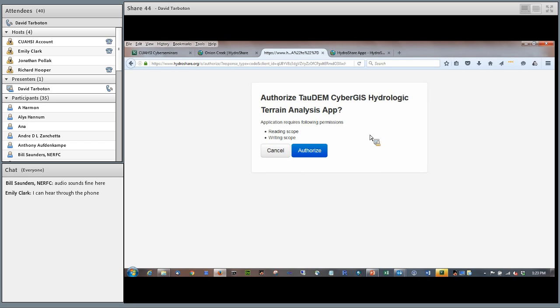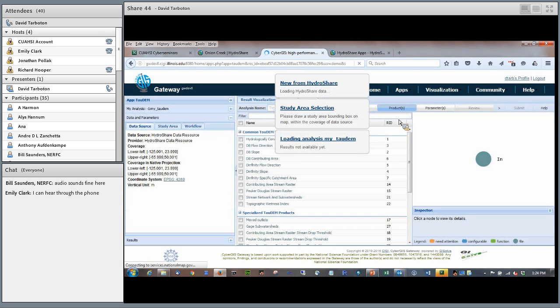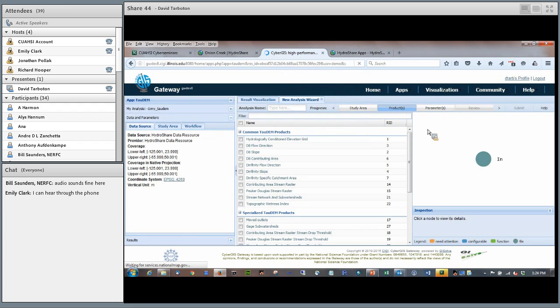I could have launched this to any website, and this is similar to when you download an app on your cell phone and you say, okay, I'm going to authorize it to be able to see my address book. Well, here I'm authorizing it to have reading and writing scope, and I'm allowing it to write because it's going to be able to pass my results back. So this is using some technology called OAuth that basically allows the exchange of information, but requires a user to authorize that. So now you'll see that I'm sitting at the CyberGIS gateway, and I'm logged in, and